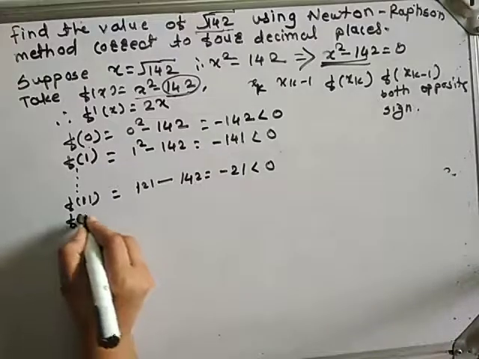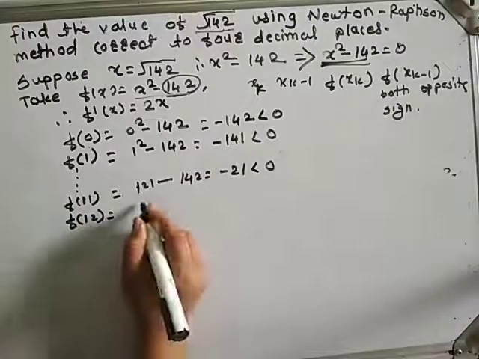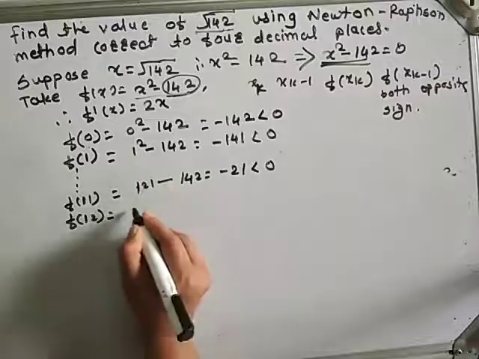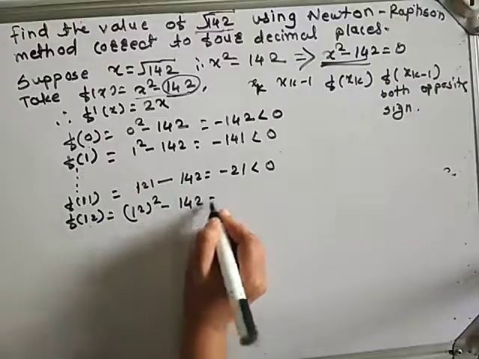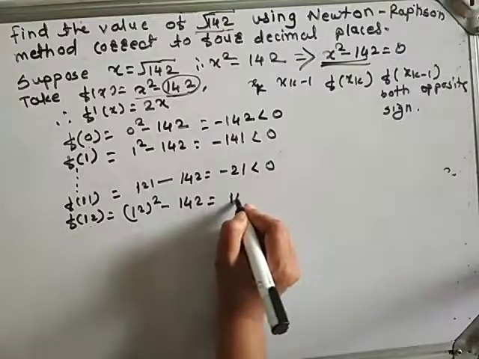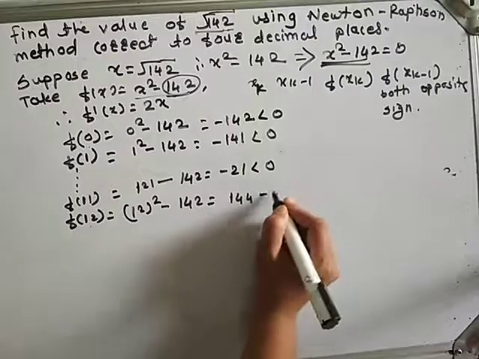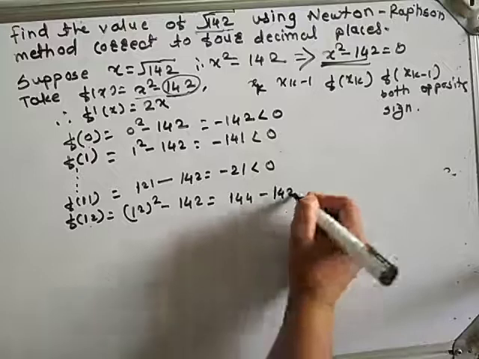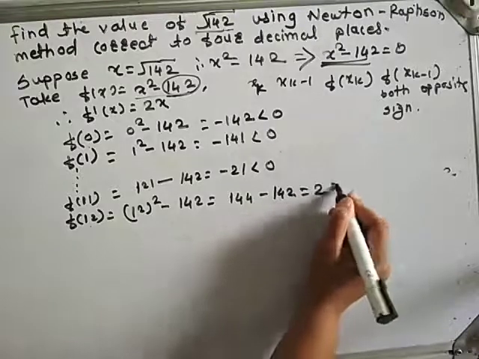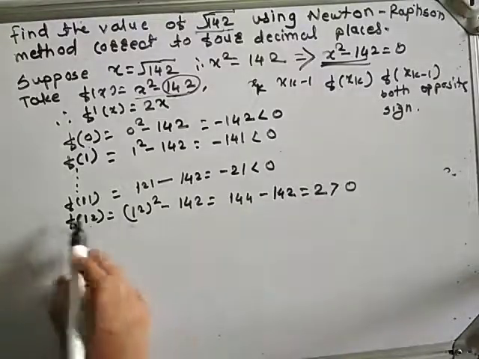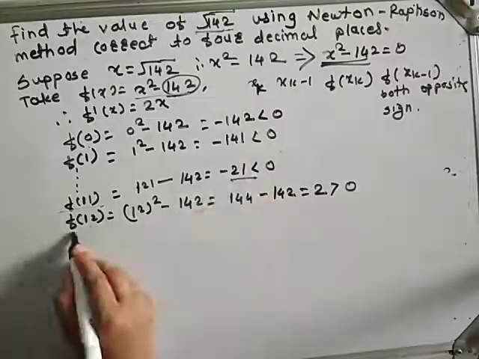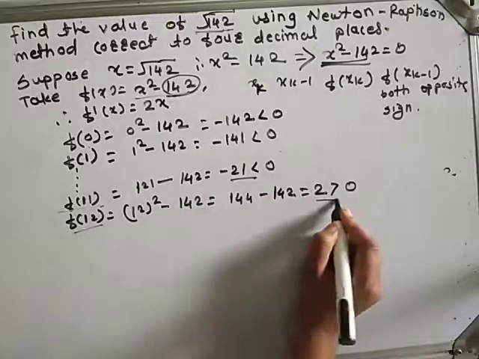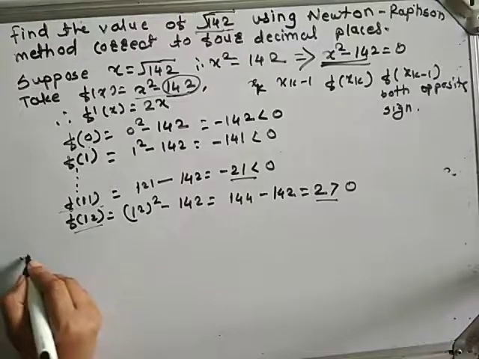Next f of 12 is equal to 12 square minus 142, which is 144 minus 142, which is equal to 2, greater than 0. Here f of 11 is negative and f of 12 is positive. Therefore the root lies between